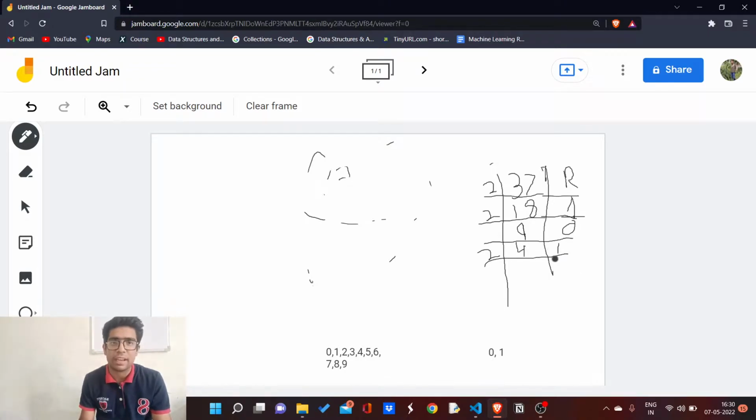Now 2 4s are 8 plus 1 is 9. 2 2s are 4, remainder 0. Then 1, remainder 0. Now it goes to 0, and the remainder is 1. Lastly we will read it from bottom to up.